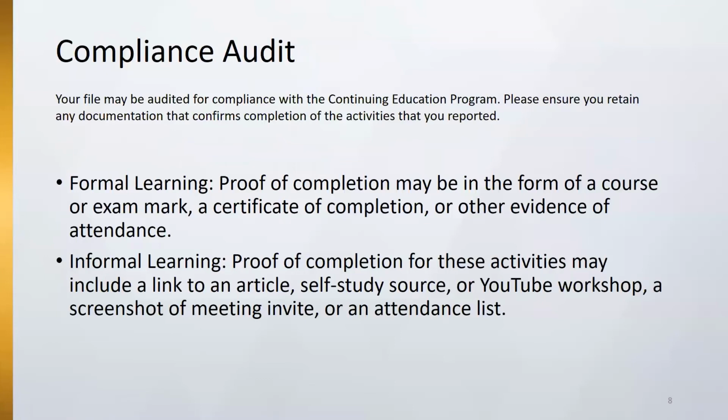So, compliance audit. Every time there is a renewal request coming into the system, we will also be selecting a few accounts to audit. It is not a requirement to provide us any evidence of your training on the Council Connect. One of those fields, and I'll show you that later, is not a requirement to submit proof of your completion once you fill in and add those credits. However, if we review your file and it is chosen to be audited, we might contact you and ask for those receipts.